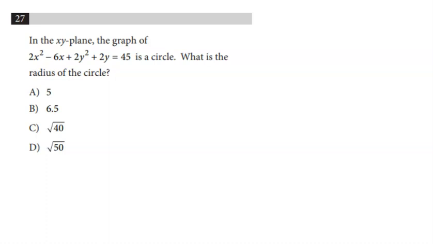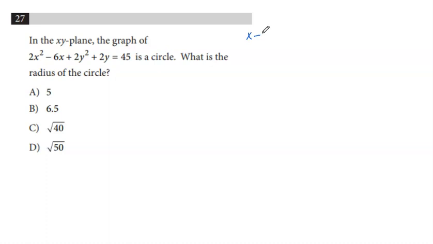In this question, we are given the equation of a circle in the general form, and out of this, we are asked to calculate the radius. All right. So normally with a question like this, the aim is to try to write the equation in the standard form. The standard form of the equation of the circle looks like this: